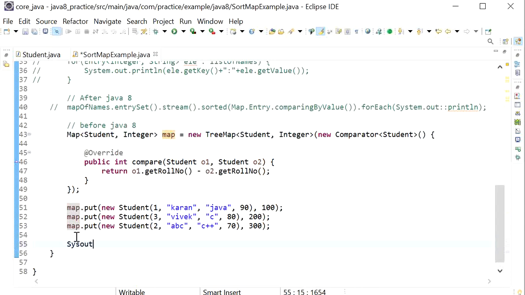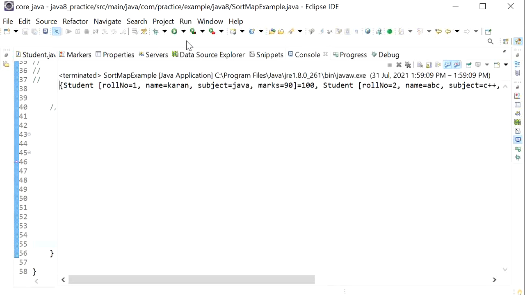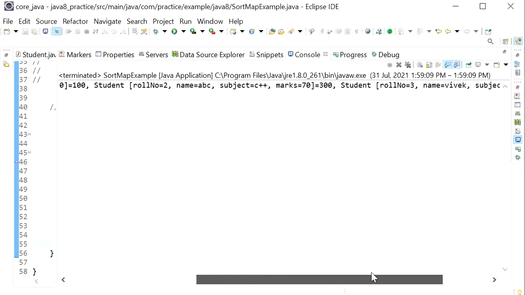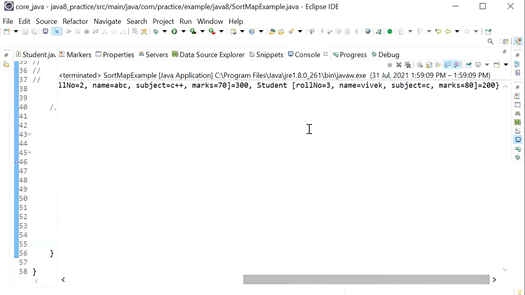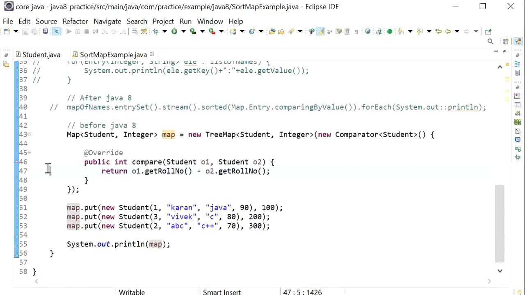So here we can see the output. First is roll number 1, after that roll number 2, and after roll number 2 we can see roll number 3. So there are 3 students and all objects are stored in sorted order.